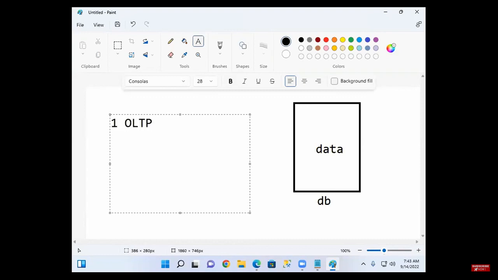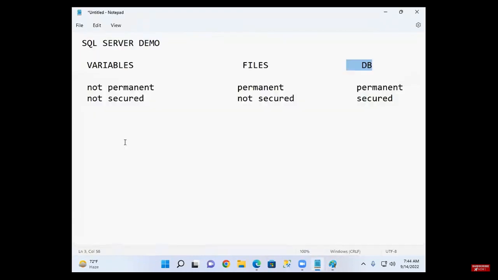One is OLTP, another one is OLAP. Earlier companies maintained only one, but nowadays companies are using two databases: one is OLTP database, another one is OLAP database.